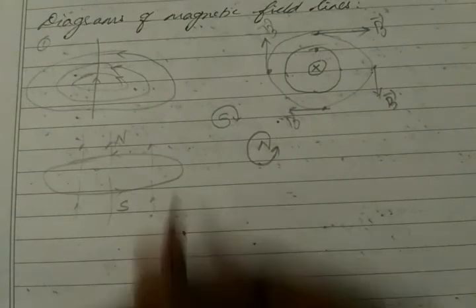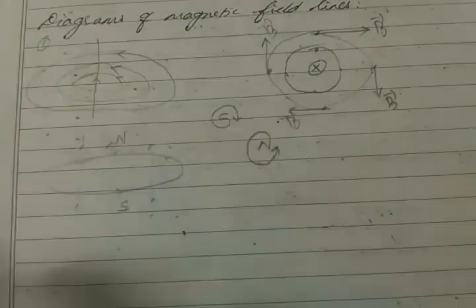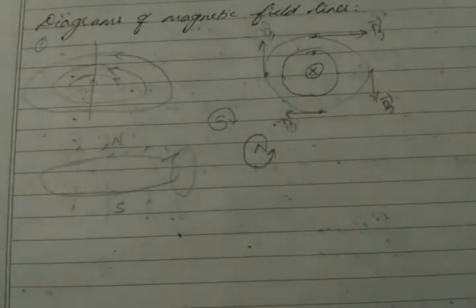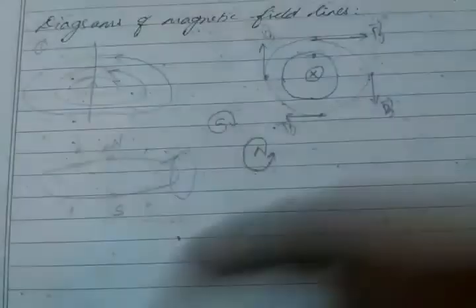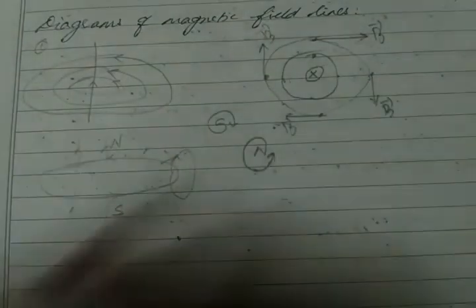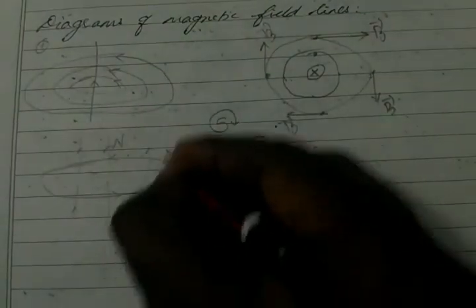At the edge we have magnetic field lines. Current is flowing like this. Then using the right hand thumb rule, at the edge we have magnetic field lines like this. Here the magnetic field lines form like this. At the edge my four curled fingers go inwards, and it forms a circle like this. So at the edge we have magnetic field lines like this.